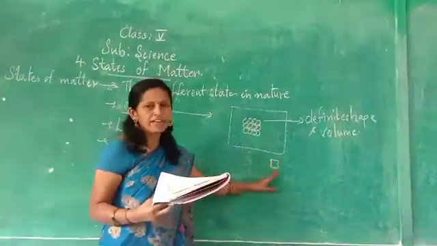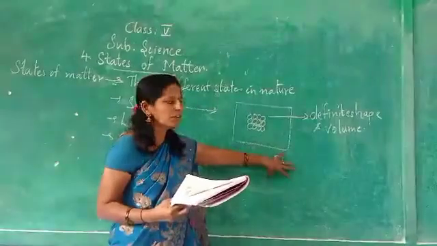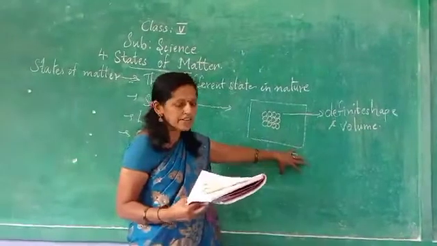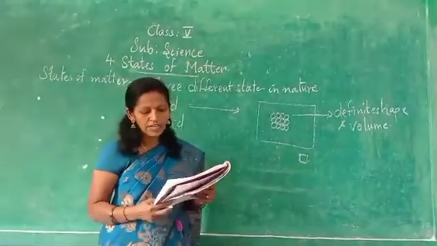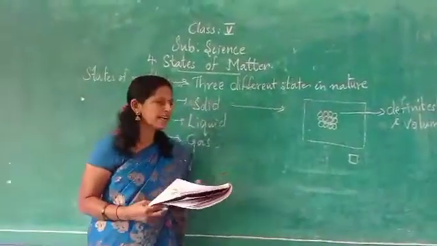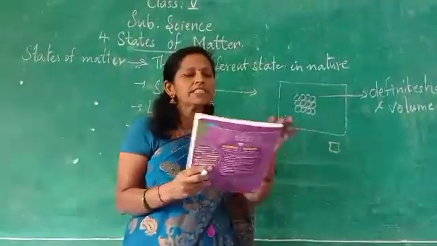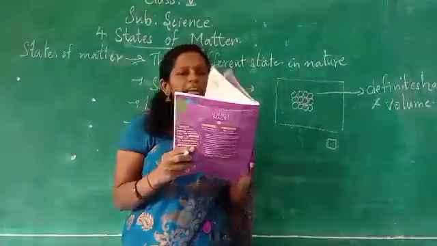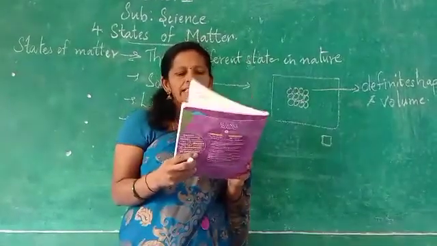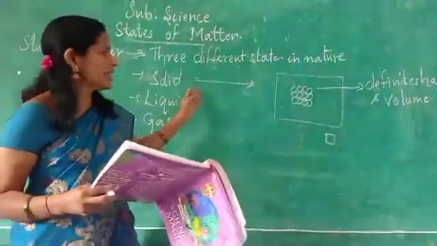It has a definite shape. First we kept the water, and after some time it changed into an ice cube. So it has taken a definite shape and volume. So solids have a definite shape and definite volume, and we can hold solids in our hand. Now this book is a solid only. It is the shape of a cuboid and very tightly packed, giving a definite shape and volume. With this you have completed solids.